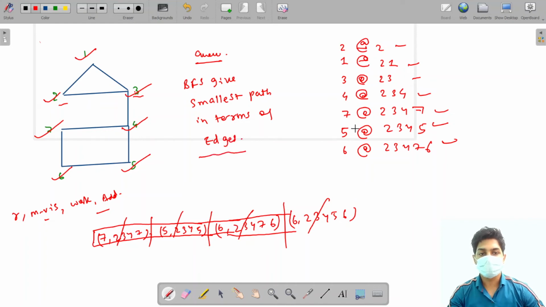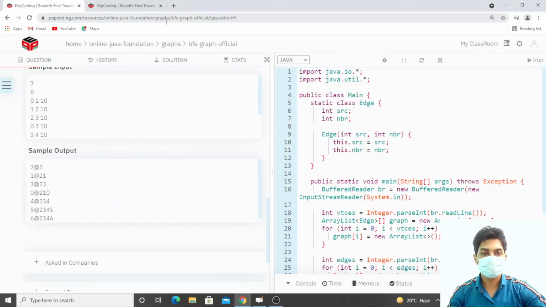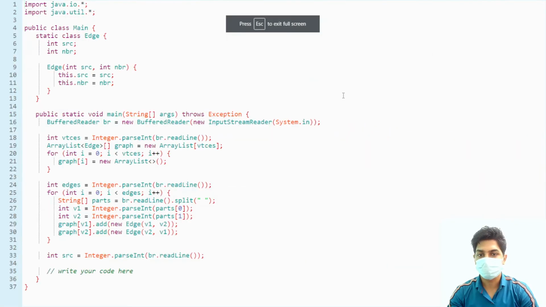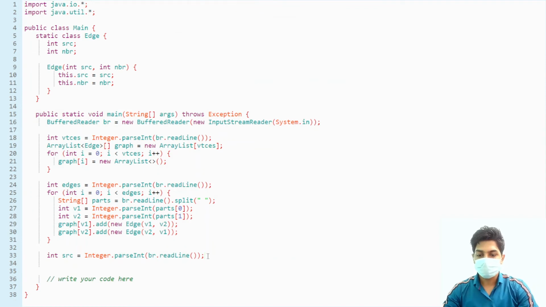Okay, so I think you would have understood it. Now let's try to code this problem. We are given a source node, so we will have to make a visited array to check visited. Let's make a visited array.